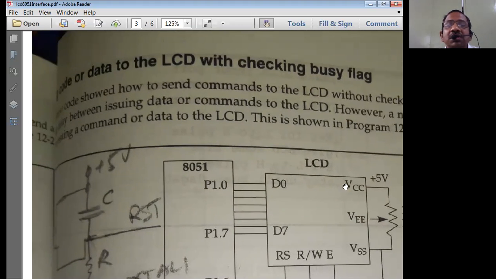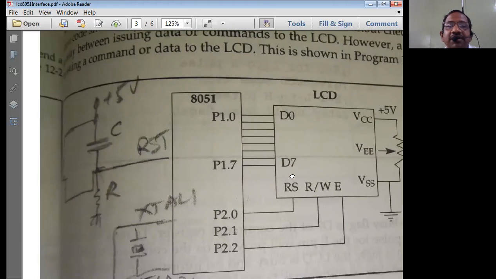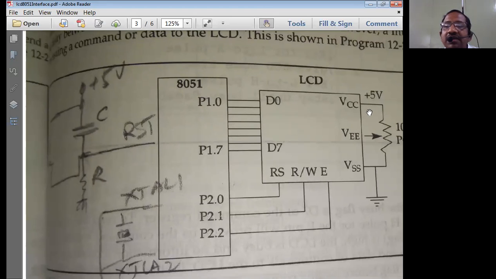So this is the basic interfacing diagram of the 8051 with the LCD display unit. What is most important here is that these 3 pins you should remember compulsorily. Always we connect the port 1 pins to this. Port 1 is taken as the output port, and it is connected to the pins D0 to D7 of the LCD display. These 3 pins are also very important, and we continuously use port 2 to enable these operations.